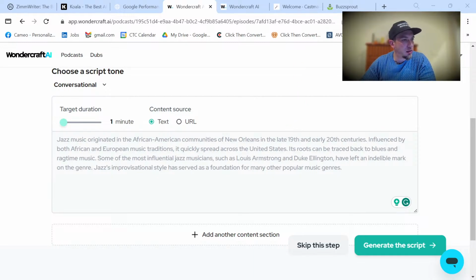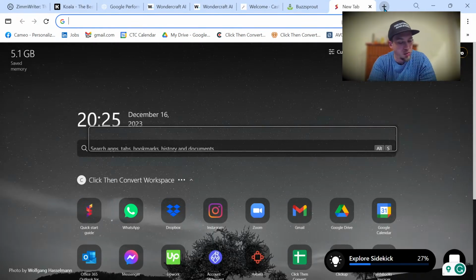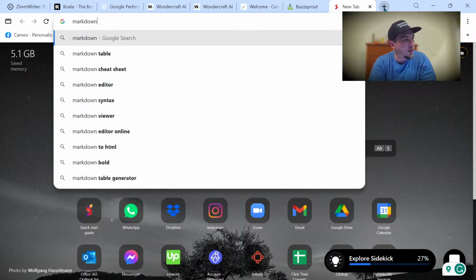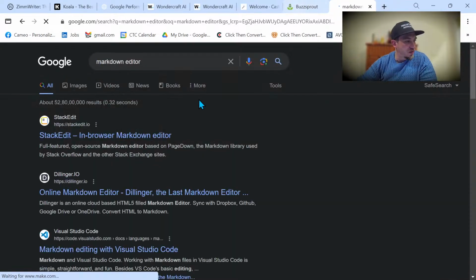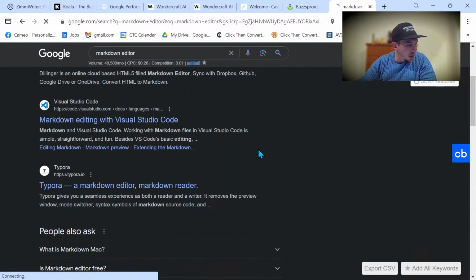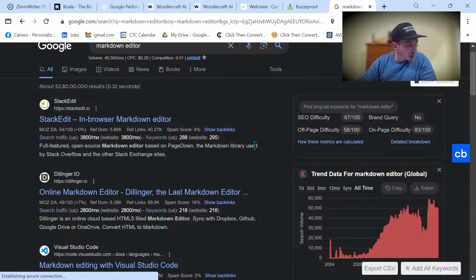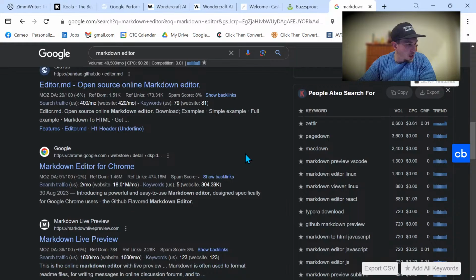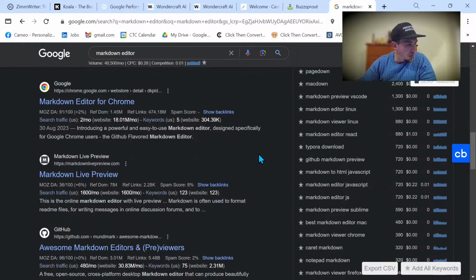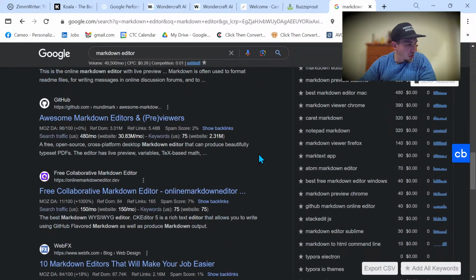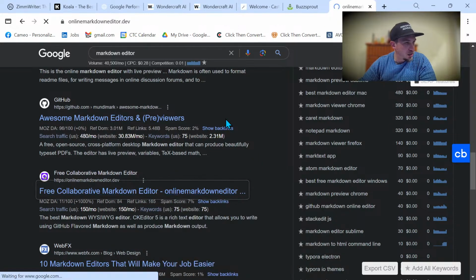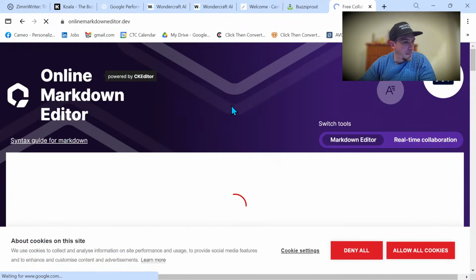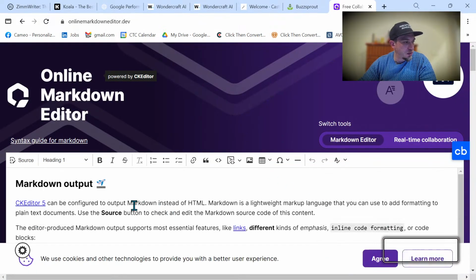There's also, well, let's just do it like this because Word's taking a while to open. So we can just do Markdown. We can do a Markdown editor. There's a really good one that's free. And where are we at? Is that it? This might be it. Let's see. This is a good one.